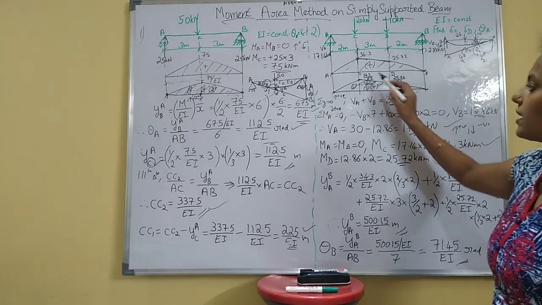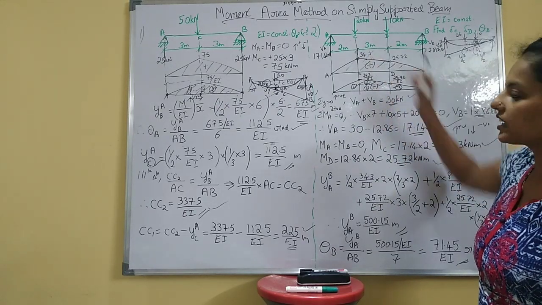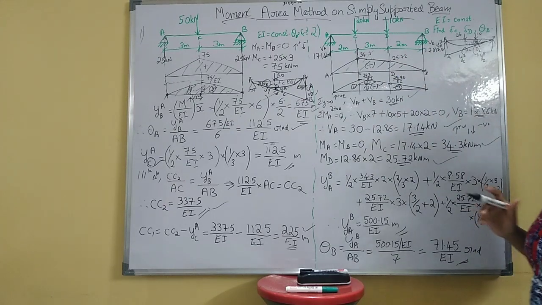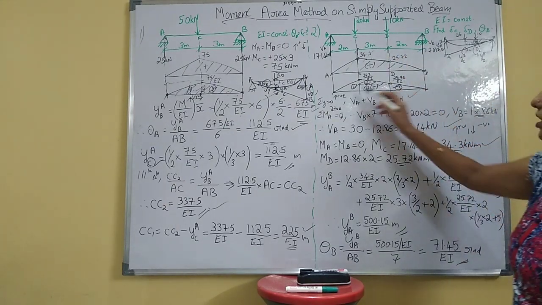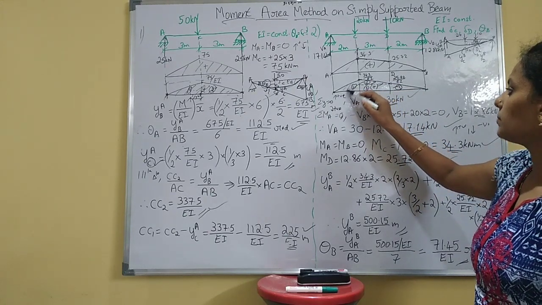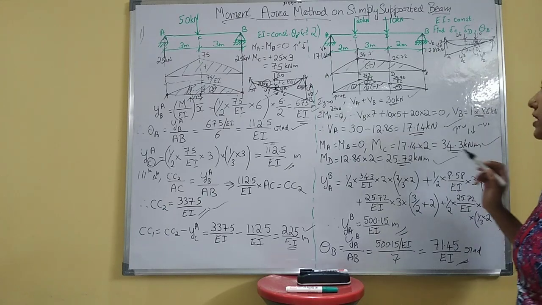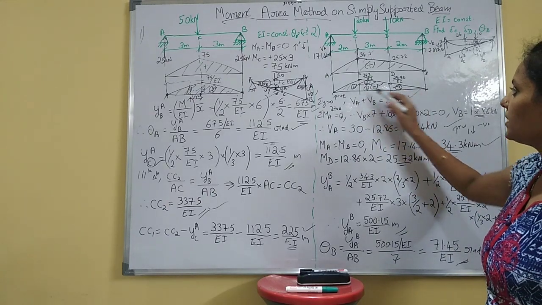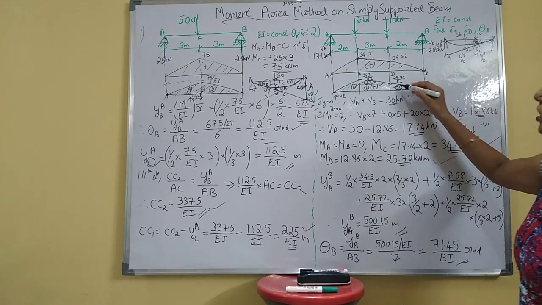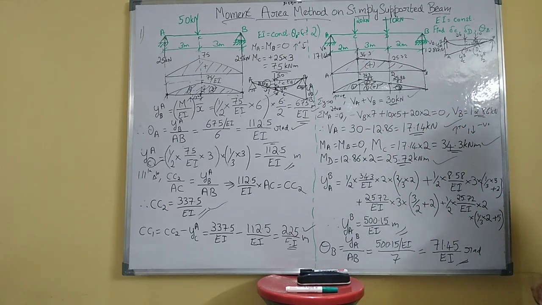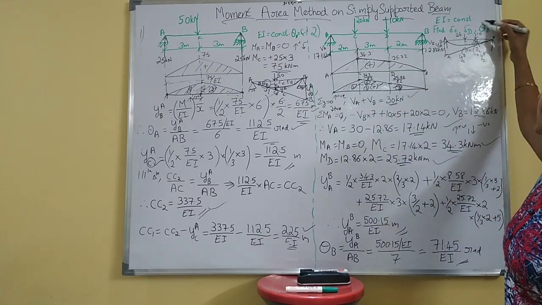Then M by EI diagram is nothing but whatever the bending moment you will have, for that you just divide the value by EI. Draw that diagram. Here also I is constant throughout, so there is no variation in the diagram. Just mark it. Mark all the areas 1, 2, 3 and 4, total 4 areas. Next we'll see the first step to find out theta B.